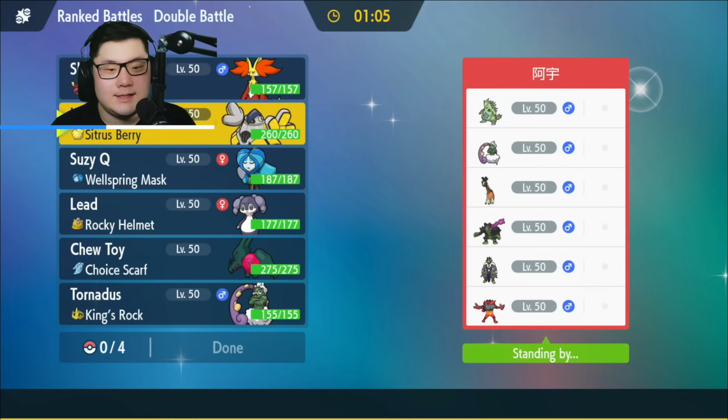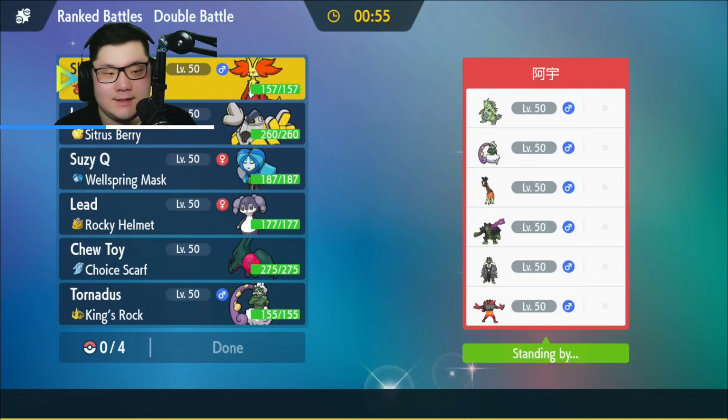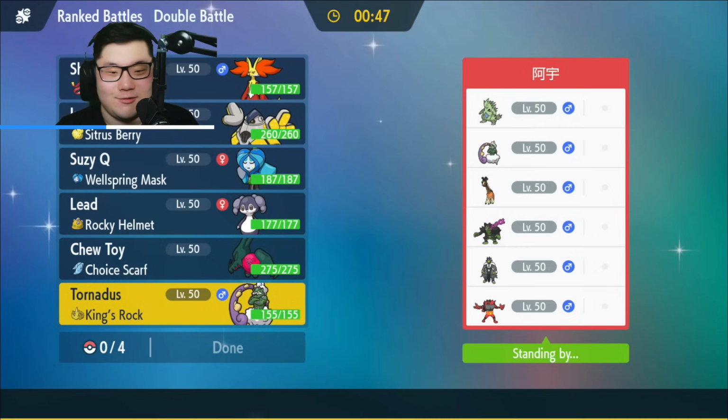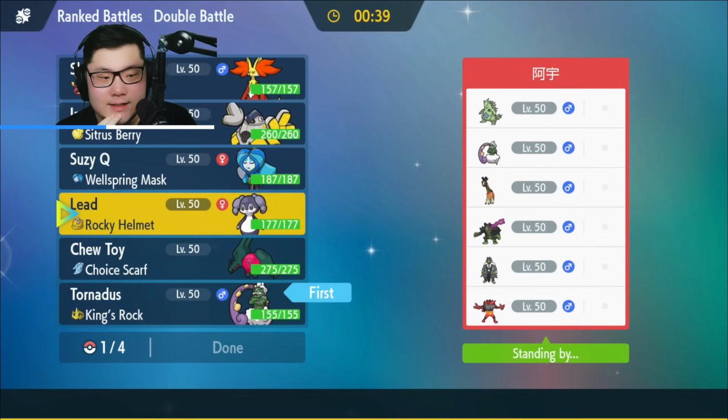The Iron Hands is actually really good. I don't need the Assault Vest in this game, and they also have four physical attackers, I suppose. So I do like Iron Hands. Iron Hands, Delphox is not bad if I can get rid of the dark types, specifically the Tyranitar. I think I actually really like Torn here. Torn actually can do some surprise with the King's Rock. So thinking Torn, I think